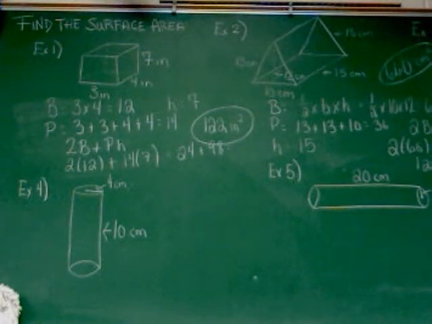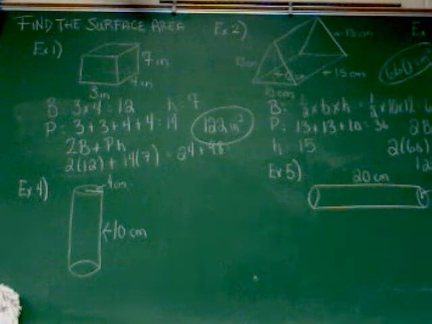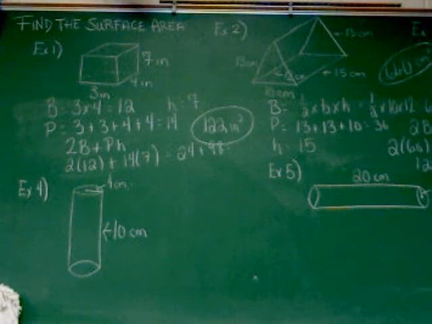Alright, done with prisms. Alright, now we just got cylinders. Now as I said, cylinders are the easier of the two, believe it or not. Because even though the formula looks longer, there's only two things. There's the radius and the height. And there's nothing you have to solve to find those, they're going to be given to you. So it's not like the prism where I had to find B and then I had to find P before I could plug it into the formula. Here, you just plug it into the formula, and most of you will be using a calculator, calculate it out,